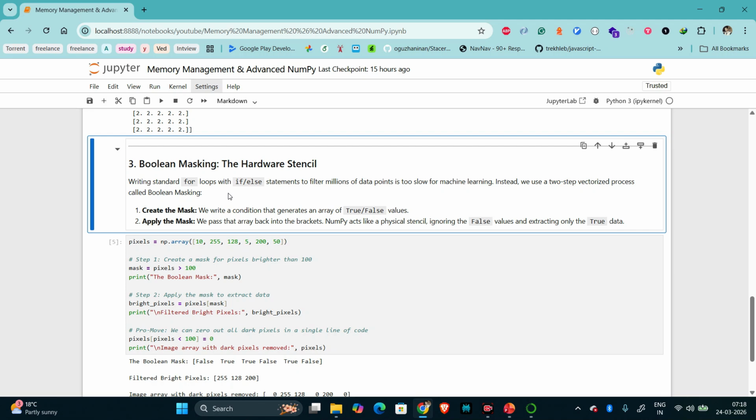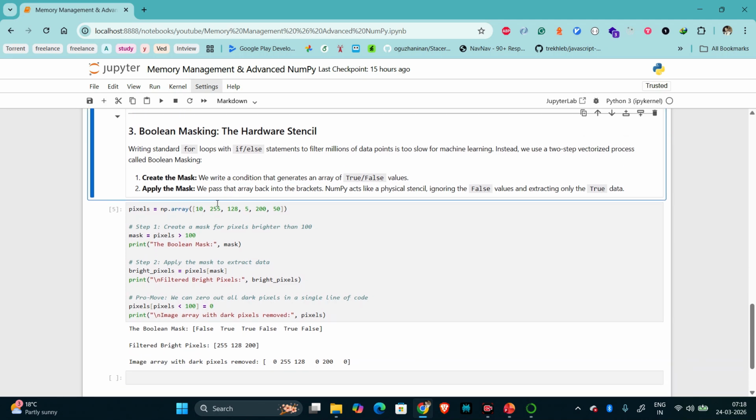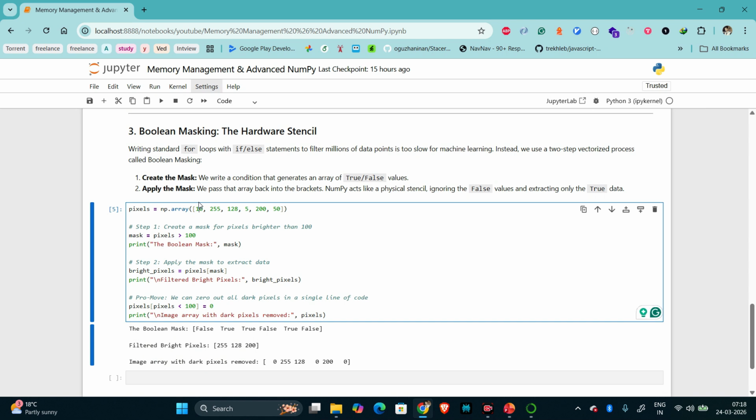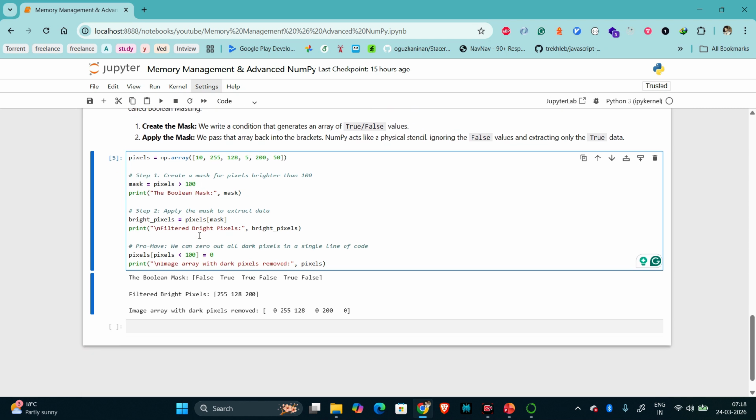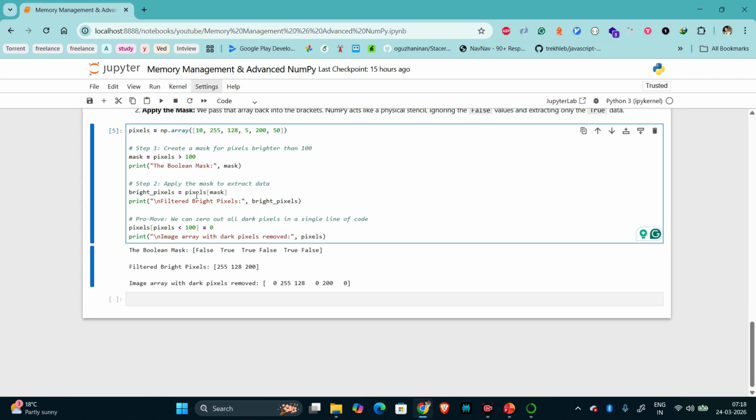Now Boolean masking. Here we have an np.array, and we have a mask: the pixel should be greater than 100. Here we are printing the mask, which we created. Now we are applying the mask, pixel with mask, and it will return the bright pixels. So if I print here,